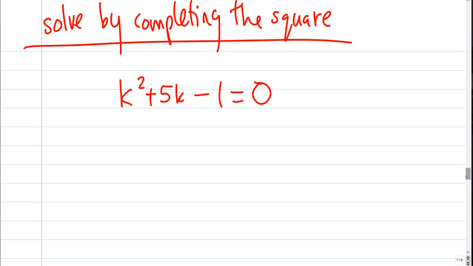Solve this by completing the square. Let me give you a hint right now on this one. Unless I was told to, which I am, I would not do this one by completing the square. I'm like, well, how do you know? Well, generally, I don't like to complete the square unless